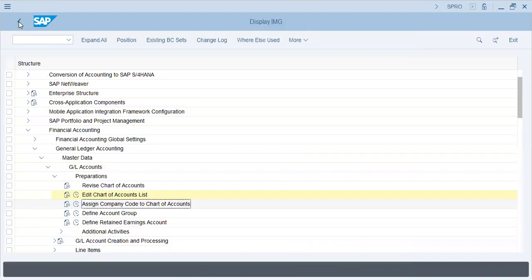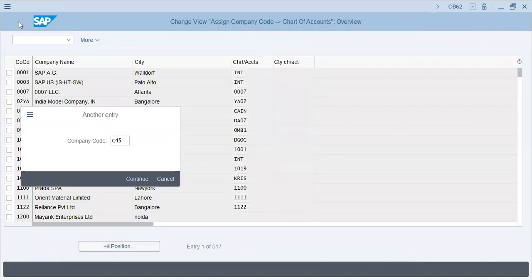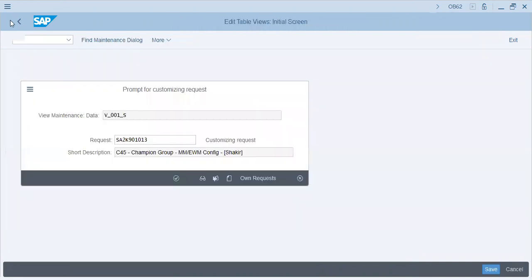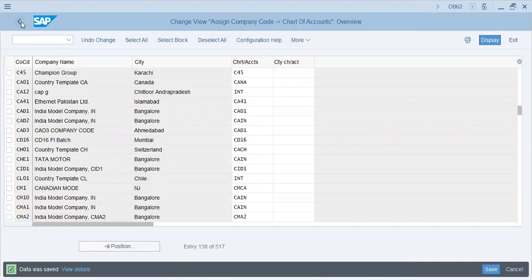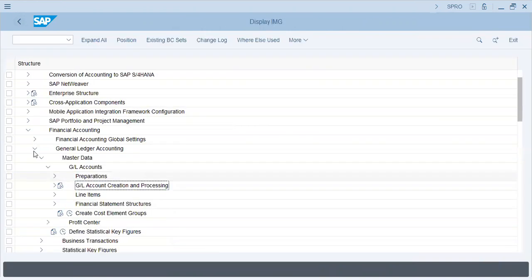Assign company code to chart of accounts. C45. C45. Save. This is saved. Okay. Next is